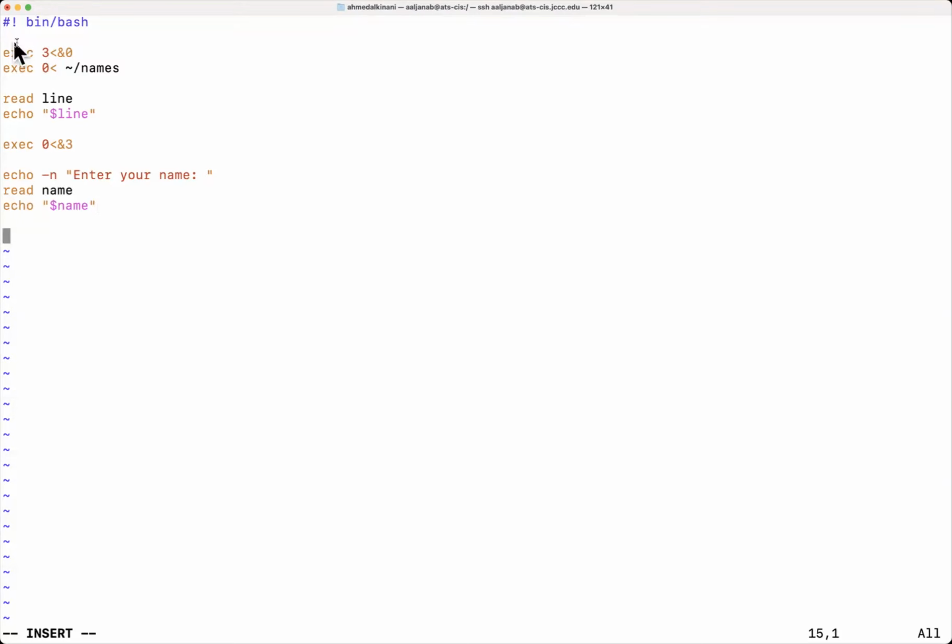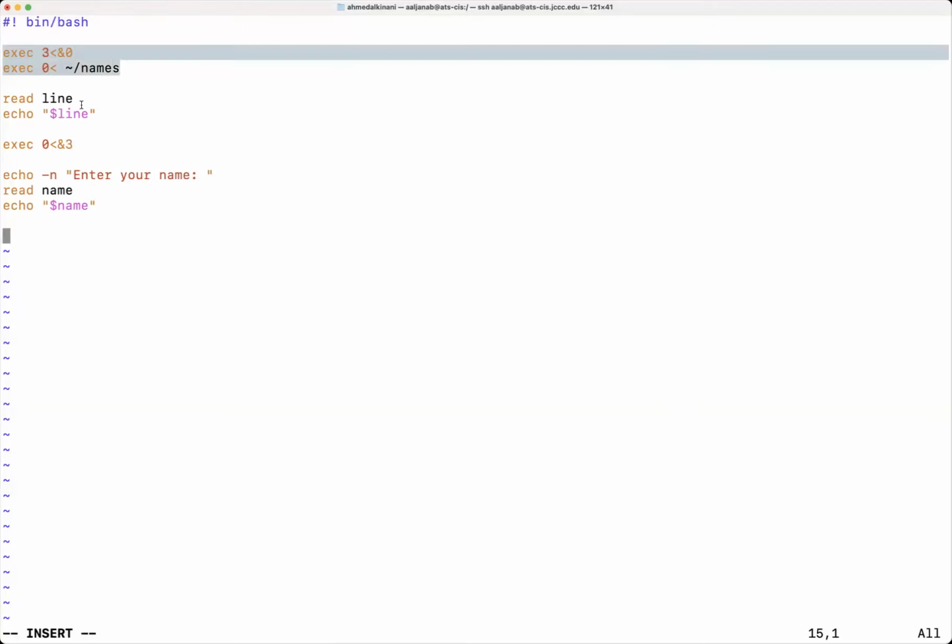So it's very, very important to see the relationships between here. If you're going to be switching between files and the standard inputs and standard outputs, you always have to start with telling me what's the file descriptor that you're going to be utilizing to read from a file. Okay, so I'm redirecting 3 to the standard input, and I'm saying the standard input should read from a file, and then I'm going to be reading from a file.